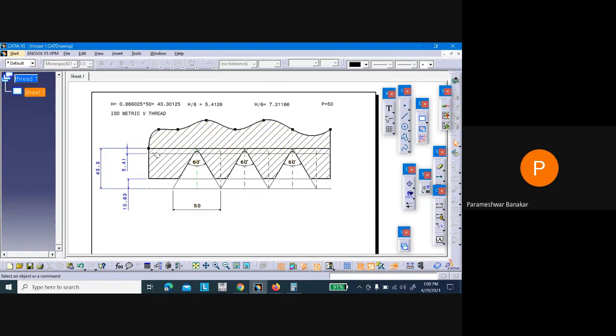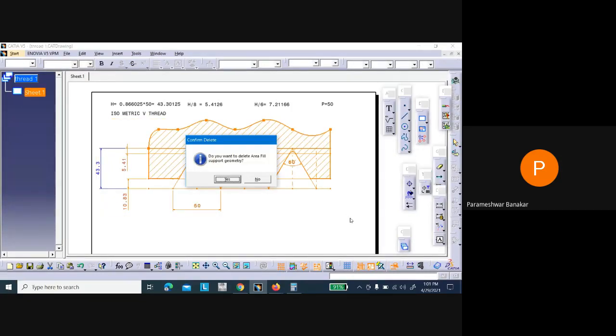Now we will erase this and try to construct a thread. And remember, when they ask you to construct a thread, you are supposed to construct a minimum of 3 threads, or more if you wish, but at least 3 threads should be there. Already you are aware of this drafting tool. This drafting is not as good as our Solid Edge sketch part, but we can still manage since we are using CATIA. So let me delete everything and start over again. First we'll draw the internal thread, then the external thread.